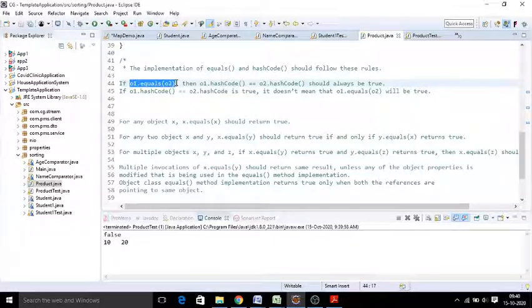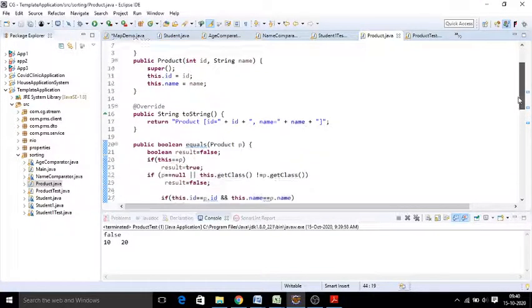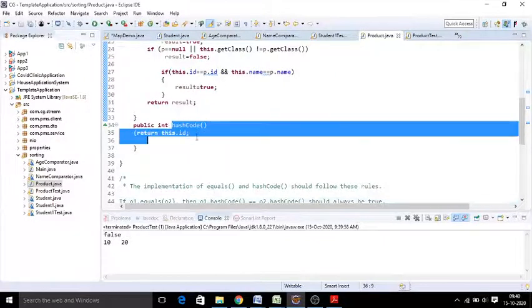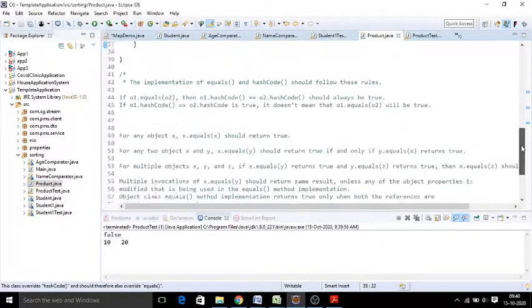When object 1 dot equals of object 2 is true, then object 1 dot hash code is equal to object 2 dot hash code also should be true. That is the contract we need to maintain between equals and hash code. That is the reason whenever we override equals, we are also overriding hash code and returning some number, so that every time it is going to return the same number.